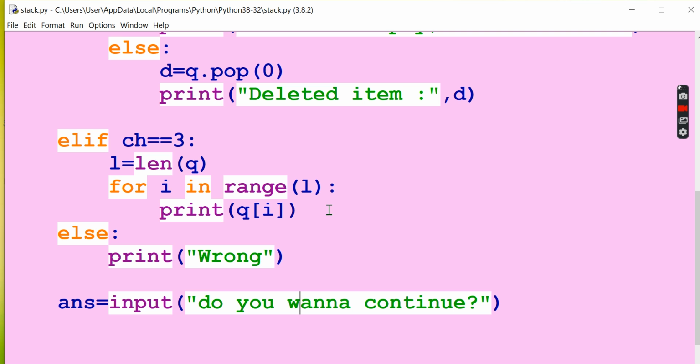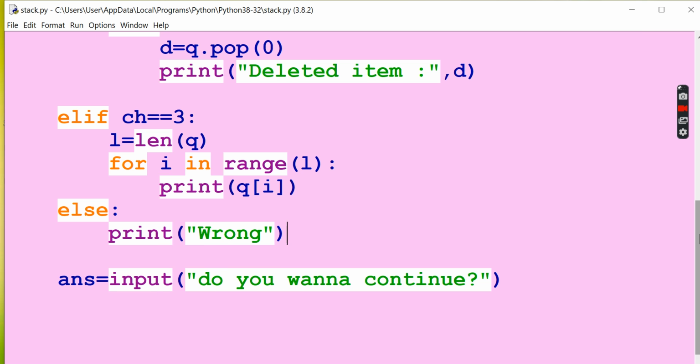And now you see here, else if the user didn't press 1, 2, 3, if he presses any other number or any other key on the keyboard, then we have to give the information that an invalid key has been pressed, invalid operation, whatever we want to give as info can be given over here. This loop will be continued again and again until, for "do you want to continue", the value is no.